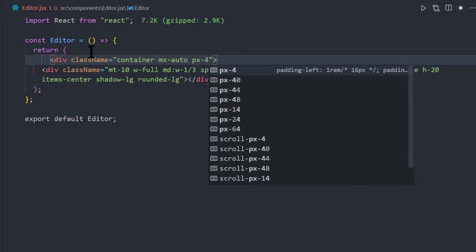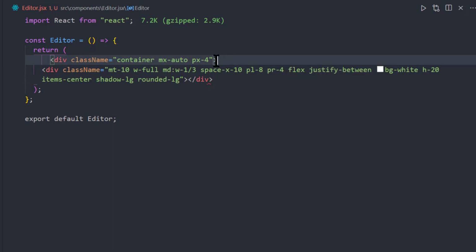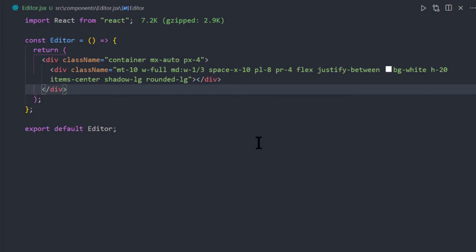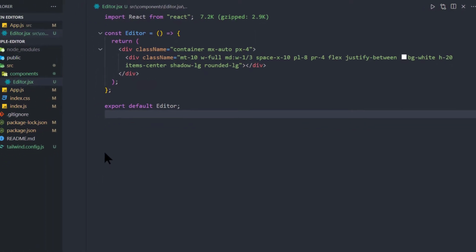Alright, so let's go ahead and close up our div at the bottom here. Right, so right now we have created a container for our component. And here we have our component occupying 1/3 of our screen. So we can now get back to our editor component,